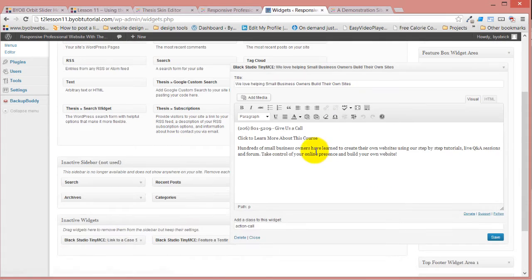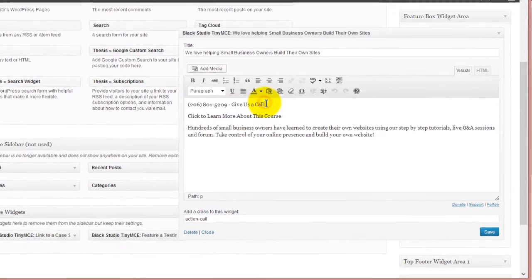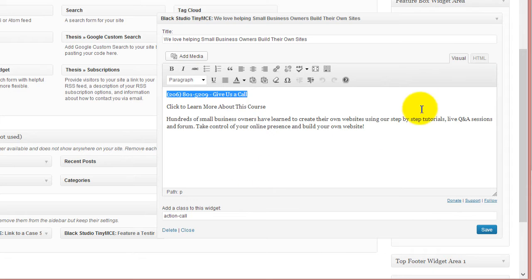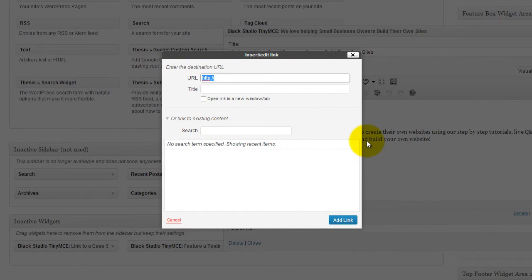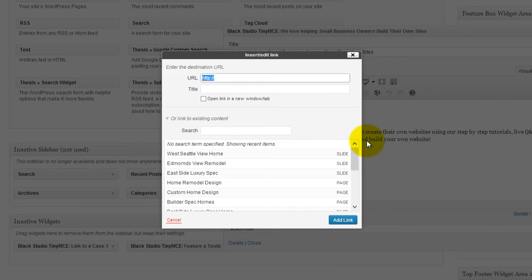You know, we've got this feature box here, and we've got this telephone number. Well, we're making a mobile responsive website, which means that we really ought to make this telephone number something that can be clicked in any mobile device and a call be placed. And so we need to make this into a link. So I'm going to select this, and I'm going to click my Insert Edit Link button. And instead of HTTP : here, I'm going to type TEL :